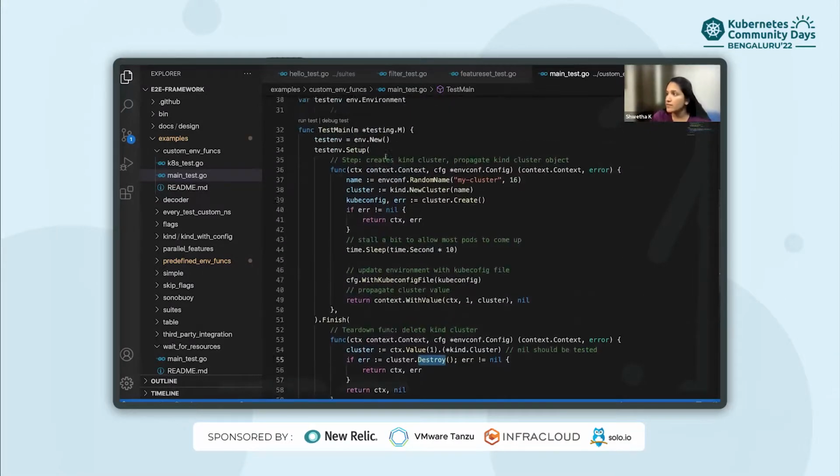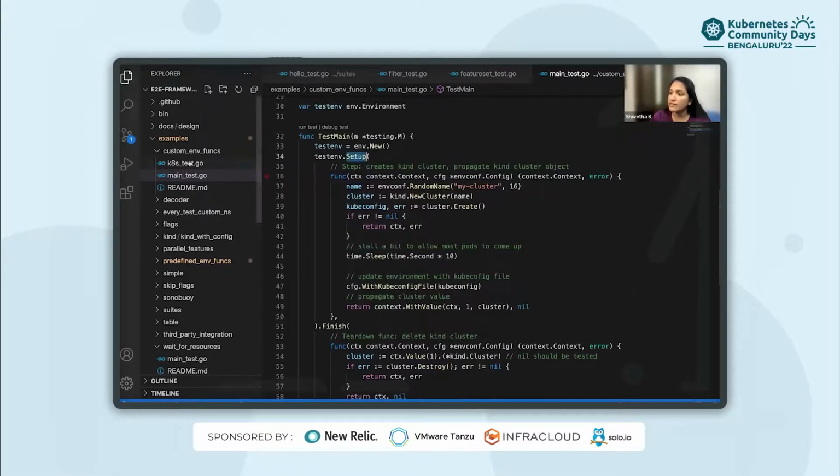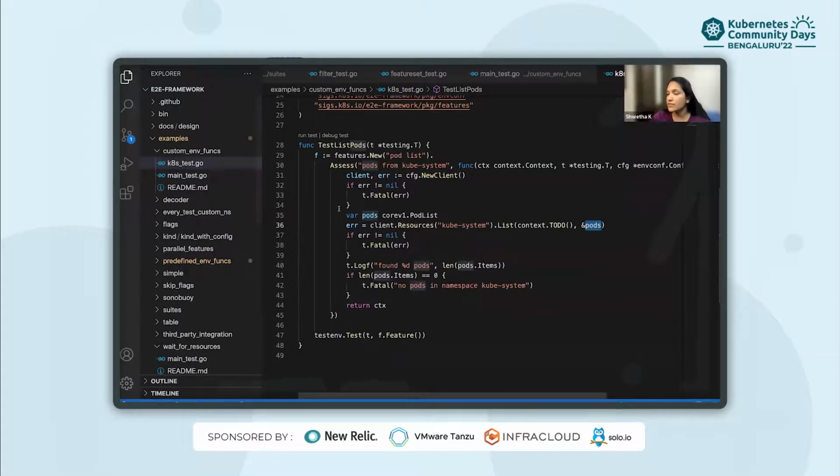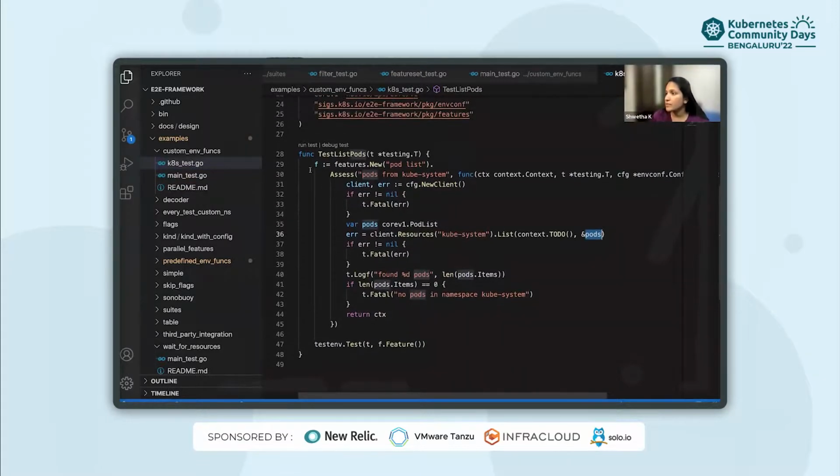So once this setup is done, it will run the actual test which is written under k8s underscore test.go. This feature just lists down the pods under namespace kube system.